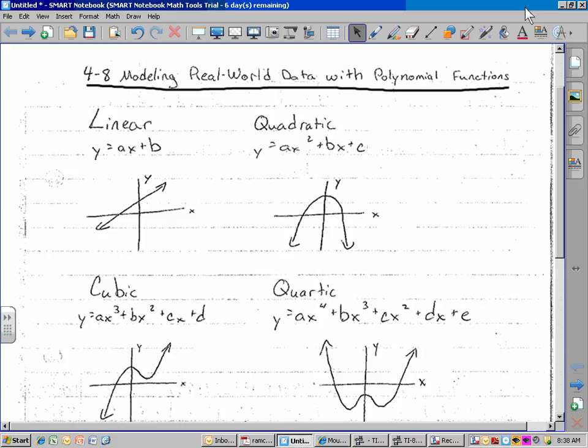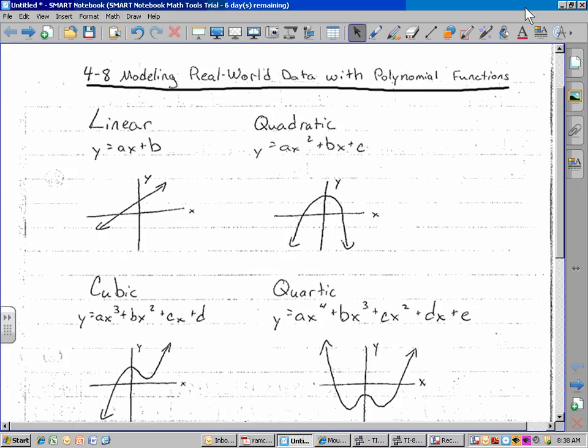Very important concept for our state test, PSSA test. Guarantee you that there will be a question on the test dealing with linears. Okay, we've covered that before. But when you get into the higher level maths, linear is not enough. Sometimes you get data that acts like other things, looks differently. So we have to open up our arsenal to the other polynomials that we've been studying lately, and that's the